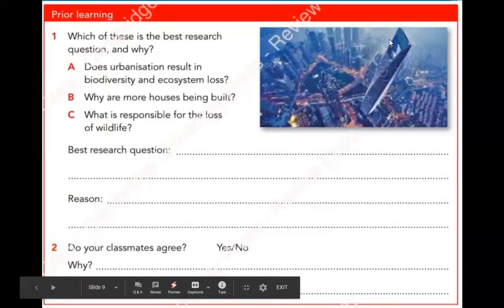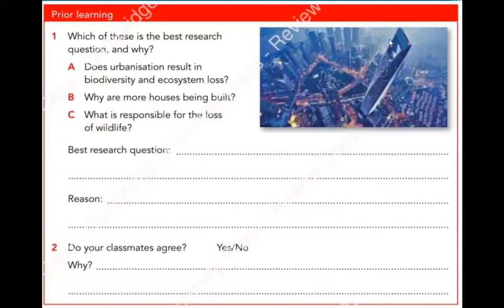Now it's your turn. For today's lesson, I just want you to think about this photo, and if I want to do research about urbanization, these huge buildings and so on, which one I would choose or recommend in order to get an accurate answer. Actually, I don't just want you to choose the best one. I want you to rearrange them. Like you have here A, B, and C. For example, if C is the best one, you write C, then A,